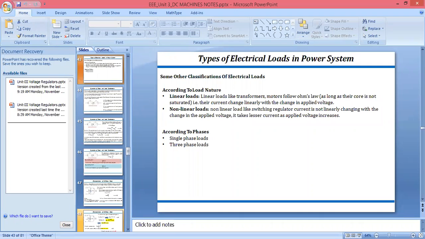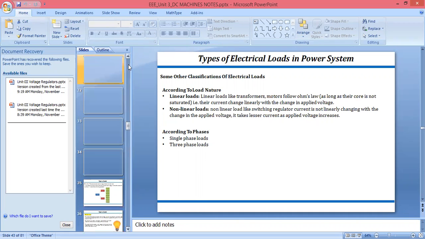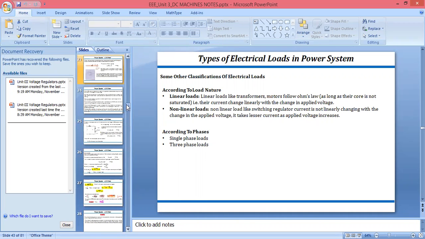In previous session, we have studied about the DC machines, DC motor and the DC generator. If there is a DC generator, at that time it converts mechanical energy into electrical. And if there is a DC motor, it does vice versa of a DC generator. It means it can convert electrical energy into mechanical energy.